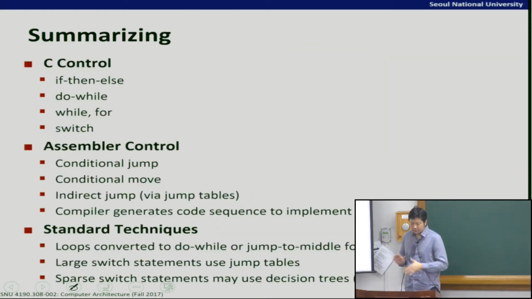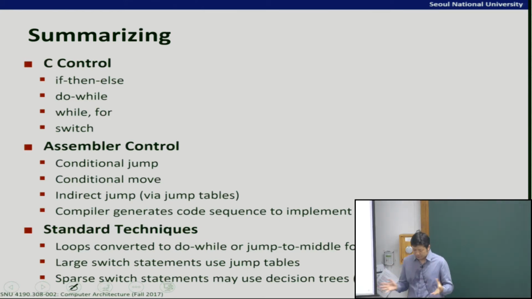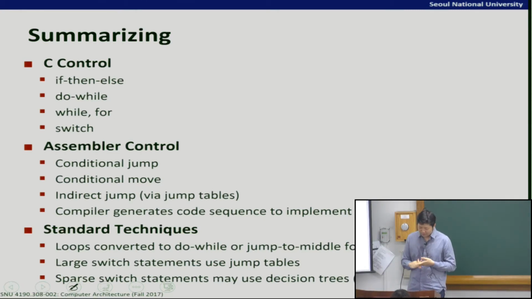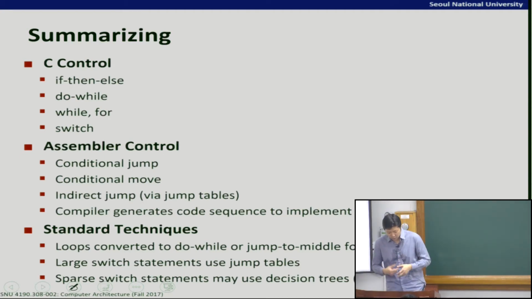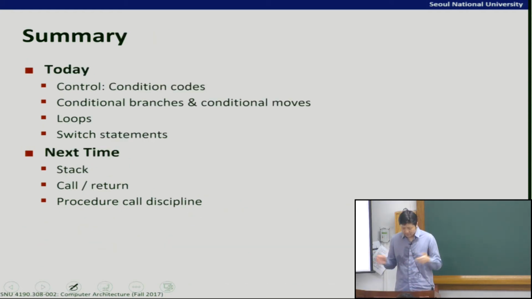All right, so I think this concludes this lecture on the control part of assembly language. We covered if-then-else, do-while, and switch statements. They are all control instructions. They change the flow of your program. It goes to one place or the other. This is changing the control of your program. Next time we're going to cover the stack, call and return, and function calls on Thursday. Before we finish, any questions? Feel free to ask me. Otherwise,